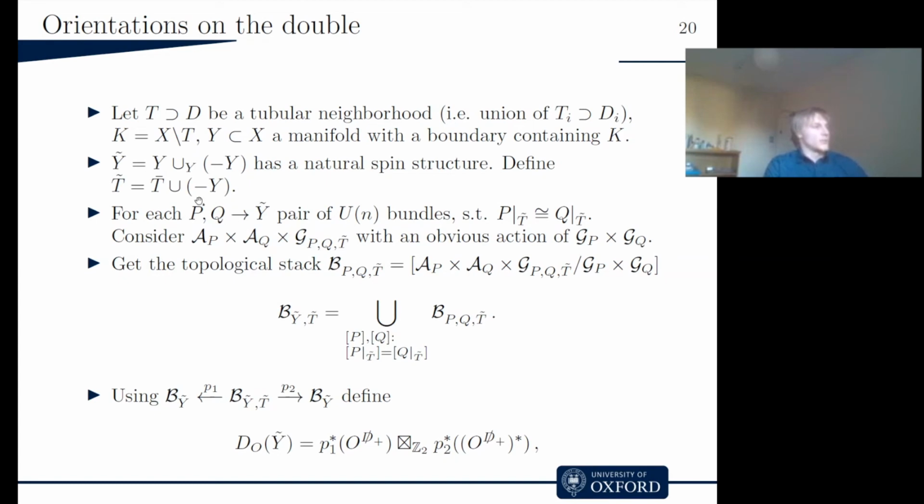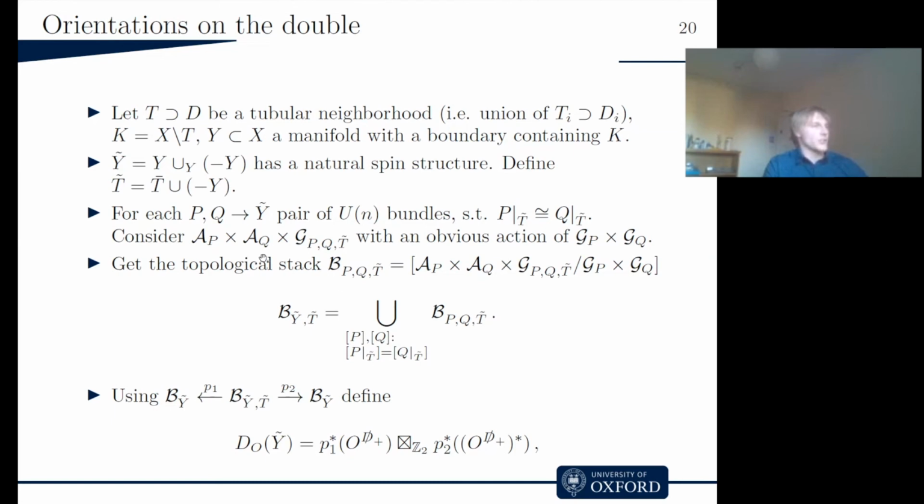And to do that, we consider, for any two principal U(N) bundles P and Q with an isomorphism which identifies them on T tilde, this space of connections A_P, A_Q, together with the space of all isomorphisms between P and Q on T tilde. And then there is an obvious action of a gauge group on it, which acts on the connections the way that gauge transformations do, and by conjugation on this third term. Using this, we get again a topological stack, and we take the union over all of the isomorphism classes of P and Q identified on T tilde,